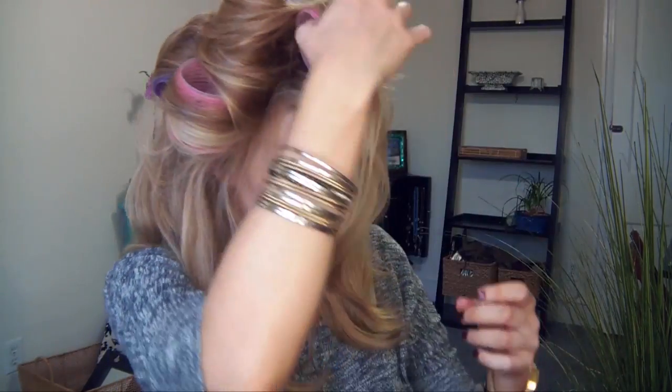And then what you have is just a really nice shape to your hair like that. So you can really see all the volume that you get from these. What you're left with is really huge hair. So what I normally do